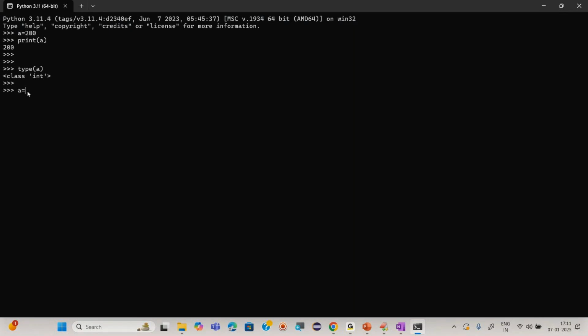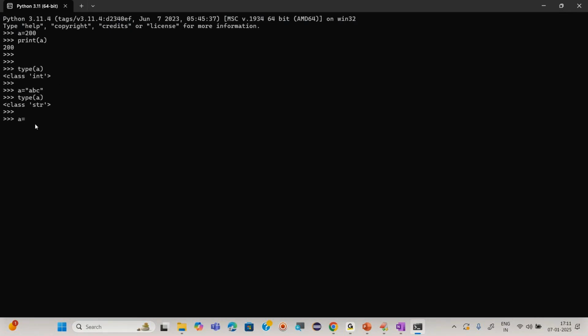Similarly, if I go for something like abc, these are characters inside a double quote or single quote, whichever quote you use. These are known as string literals. If you check again, this is string data, known as a string literal.